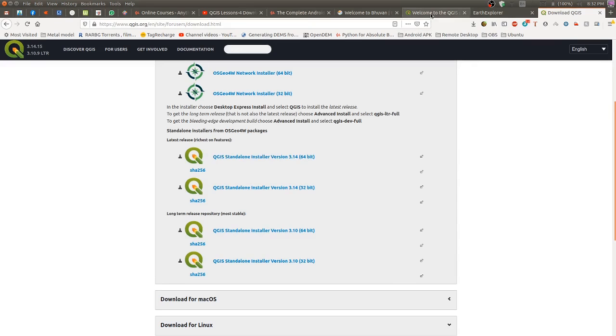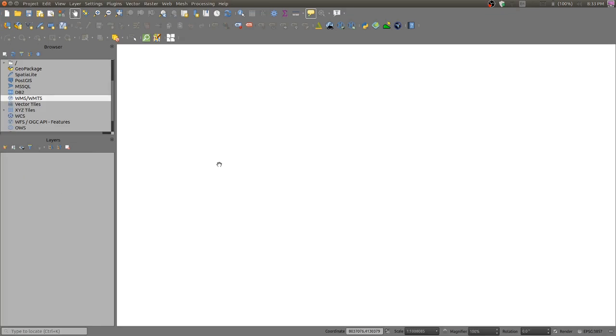And after installation, you will be having this sort of interface. This is a QGIS interface. There are two main parts in this. One is this side, the left side, where there are panels, and on this side there is a map window, and on the top there are menus and toolbars of different rows. Depending upon your usage, you can activate and deactivate these toolbars. These panels, first we will talk about these panels.